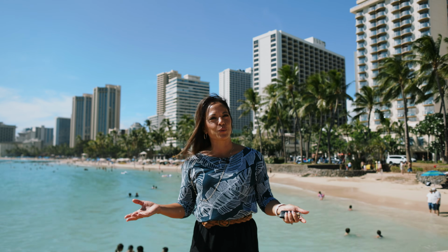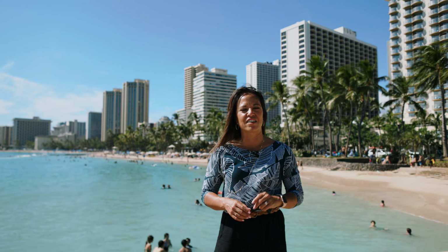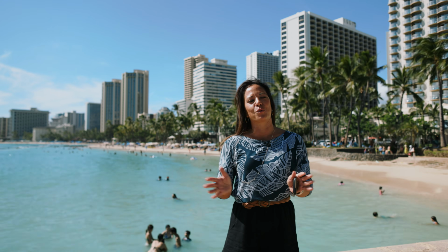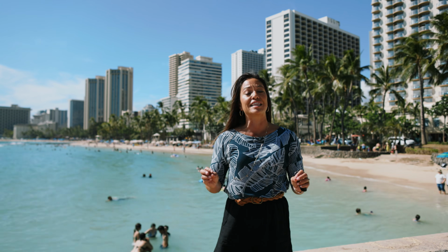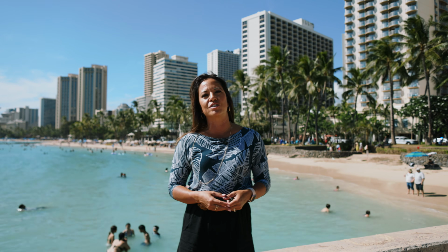Waikiki is another place where you can find affordable condos. You just gotta watch out for those maintenance fees. Again, this is an area where there's a lot of old buildings, so it doesn't quite win the award for the most affordable, but it does win the award for the least convenient place to live. And I feel kind of bad saying that because I do have a couple of clients that have purchased here in Waikiki, but